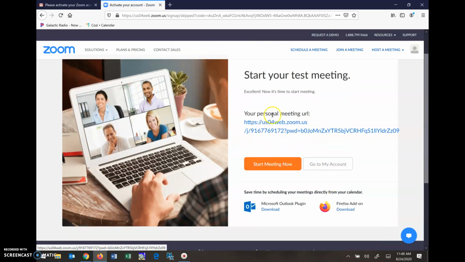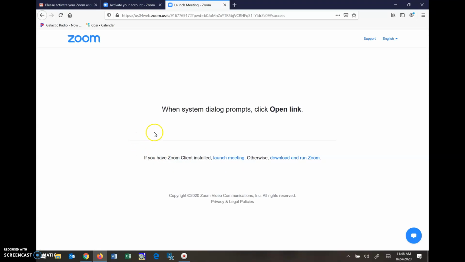And now it's going to give me my personal meeting URL. We don't need to use that right now. That's something you could share with other people if you want to use your Zoom account to host meetings. But for Meet the Faculty Night, you're just going to be joining meetings. So we're going to do this test meeting right now. We're going to say go to meeting, and this is going to